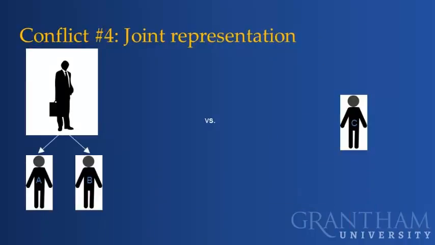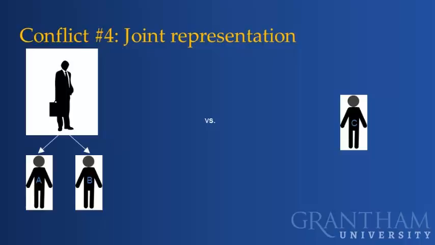Two clients generally cannot be represented by the same attorney, even if their interests are the same at the beginning of the representation. For criminal cases, this could mean that two people charged with robbery have the same attorney. This is allowed in certain circumstances if both clients waive any conflict that may arise in writing. In civil suits, clients must also be advised of the possible conflicts. If the interests of each client become vastly different, then it may be necessary to waive the conflict in writing or obtain alternate counsel for one or both of the clients.